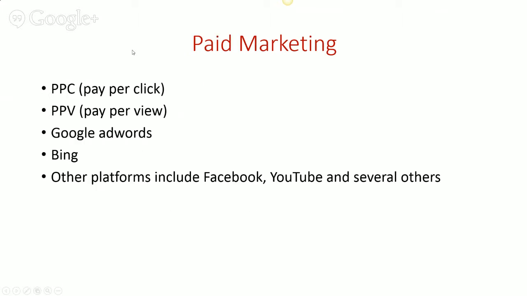Right, another option is paid marketing, and you've got various options in there. This is what I mean. There's so many avenues when you come online. You must choose one and focus on it. Otherwise, you'll just be confused. So there's pay-per-click advertising. There's pay-per-view advertising. And there's various platforms to do these things on. There's Google, for example, Google AdWords. There's Bing. And other platforms include Facebook for Facebook pay-per-click, YouTube, there's YouTube pay-per-click, and there's several others.